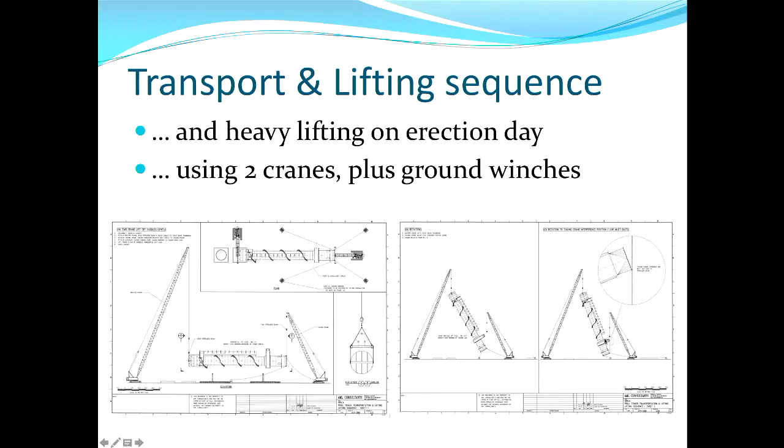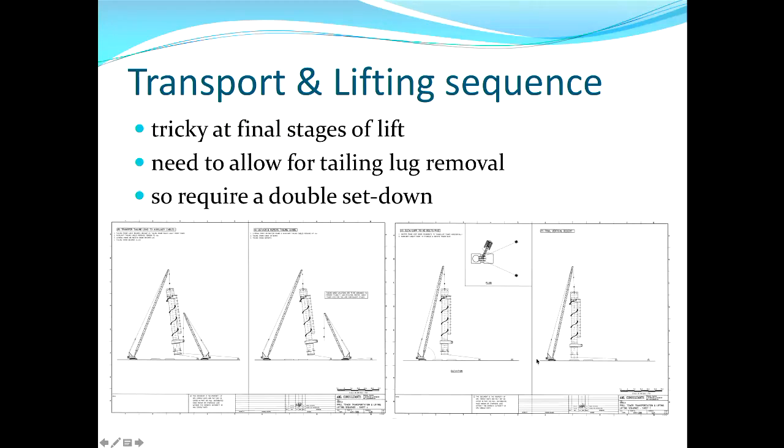You've got to make sure that the cables don't interfere with the tower as it rotates around, and eventually it gets near to the vertical. But because we've got this detachable lifting lug on the bottom, we have to take that off. So there's actually a two-stage set-down process where the prill tower is dropped down onto, in this case, the right-hand pad, and the lifting lug is being